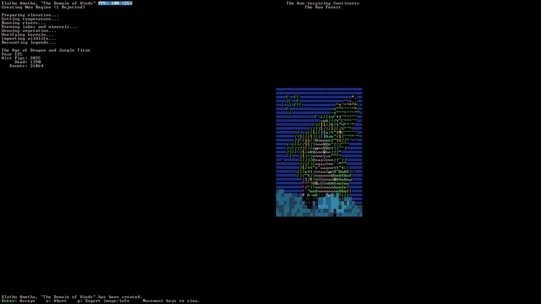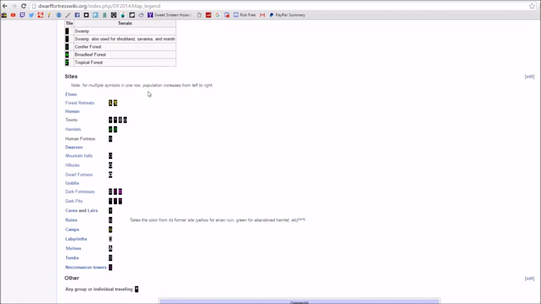I won't go into detail about it, but we just built a world. The world is the awe-inspiring, no, that's Alathu Amitha. Sorry. The Domain of Winds is the name of our place. Alathu Amitha. And I will put another link in the description, which is going to be this one, which gives